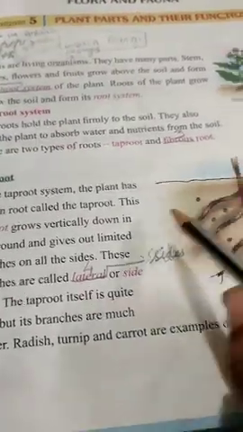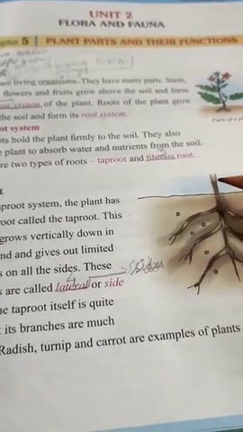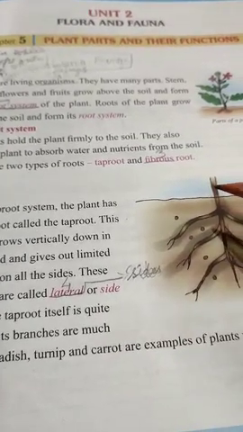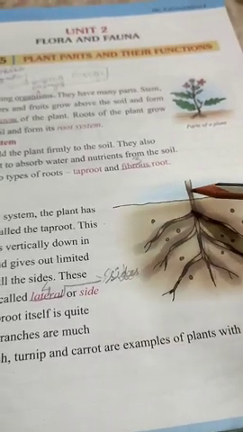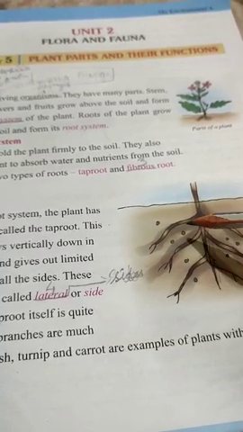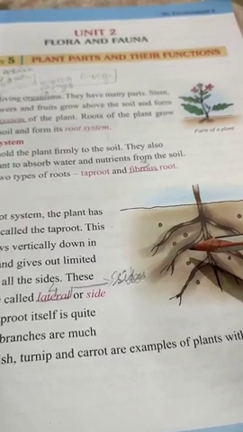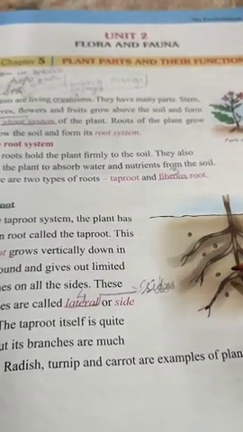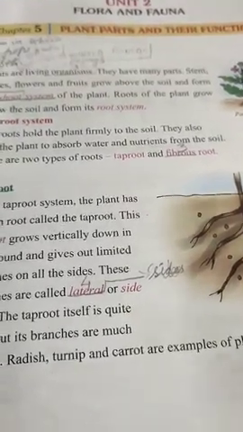Okay. Now see, dear student, roots are of two types. One is considered as taproot and the other one is considered as fibrous root. This is an image of a taproot. It has one main root and many branches arise from it, which are known as lateral or side roots. Taproots, dear student, are found in beetroot, turnip, radish, carrot, and in the mango tree also.